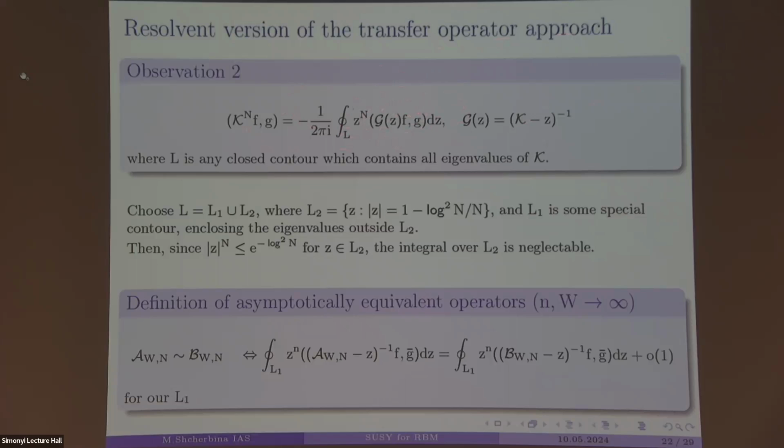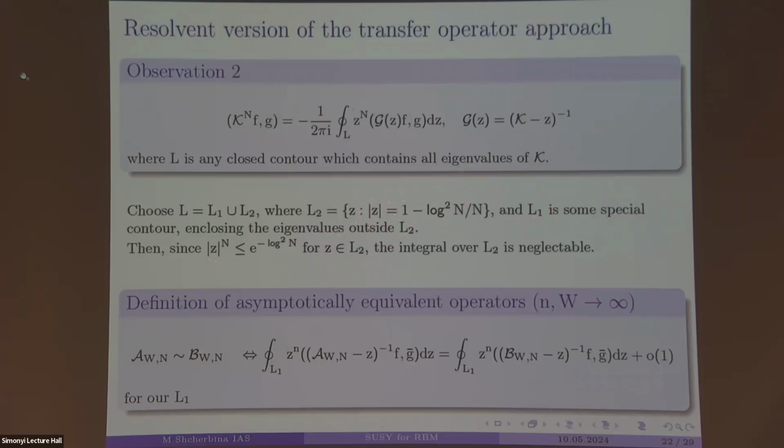You also need to analyze this resolvent, but it's more or less clear that if the resolvent is reasonably bounded, then, for example, if modulo z is smaller than 1 minus log square, then the final contribution will be 0. So